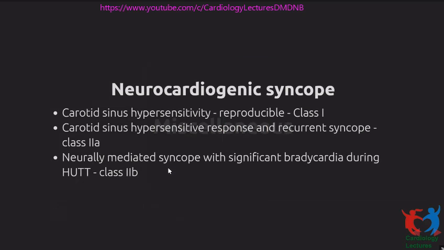A few other conditions. One is to discuss reflex syncope. Generally, we have a fairly high threshold for pacing in reflex syncope. A lot of trials and interest is there because it's a large subset of patients. A lot of patients have troubling symptoms due to reflex syncope, but a lot of reflex syncope is benign. So even though these patients have distressing symptoms, have repeated falls, and parents are worried because their children are fainting at school, typically they have a benign outcome. So the threshold for pacing should be very high in these patients.